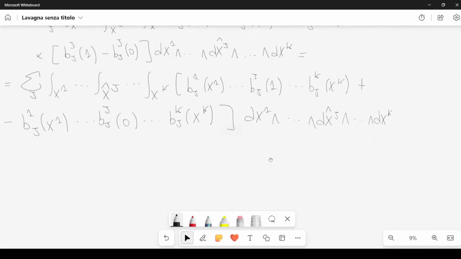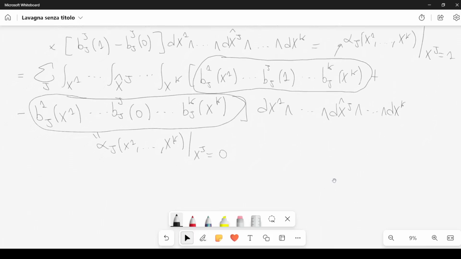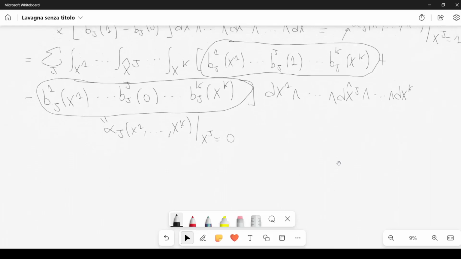Now you can notice the fact that this is simply equal to alpha j of x1 dot dot dot xk evaluated at xj equal to 1, whereas this is simply equal to alpha j of x1 dot dot dot xk evaluated at xj equal to 0. Simple as that. And now, with some intuition, it is quite easy to see that this is exactly coincident with an integral over the boundary of the cube